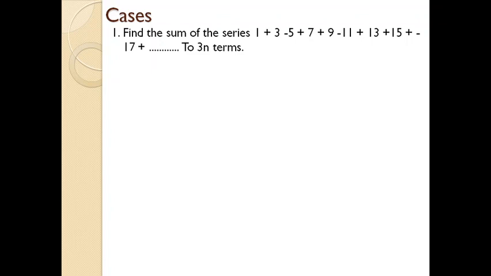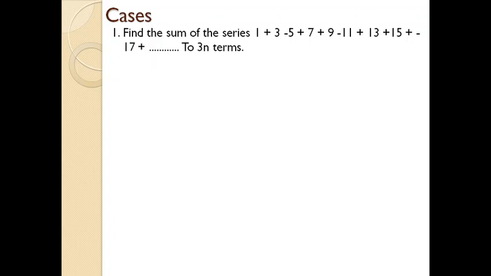Sometimes you can go for alternate numbers in the particular series. See here, 1, 3, minus 5, 7. It's not in a continuous series. There are some issues. Okay, let's skip this 3 and let's find something else. I go for 1, I skip 3, then go for minus 5. Okay, fine. After that, I skip 7 and go for 9. It's not possible because in a series, you can't have minus on one number followed by plus on another. You can't go like that. It has to be minus sign for all that series or plus sign for all that series. You can't go like minus plus minus plus.